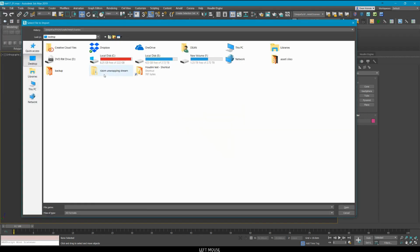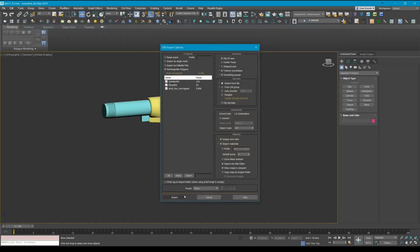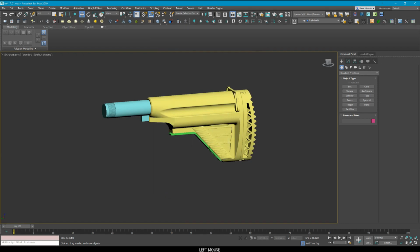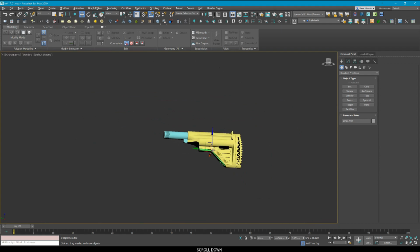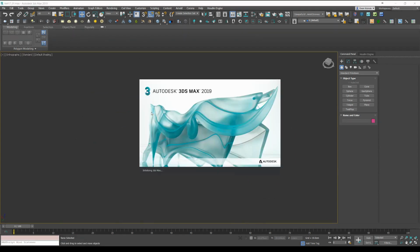So we're gonna re-import that, which I just unwrapped. This OBJ should be just fine. I'm not gonna retriangulate anything. Editable poly. It doesn't have to be a single mesh. Oh, cool. Oh yeah, now this is lovely. Of course I get an error. Let's try this in a